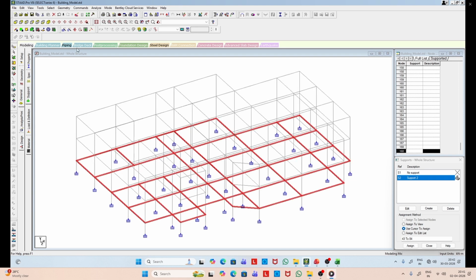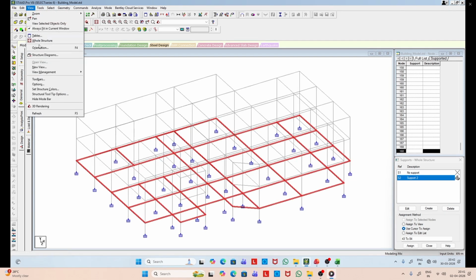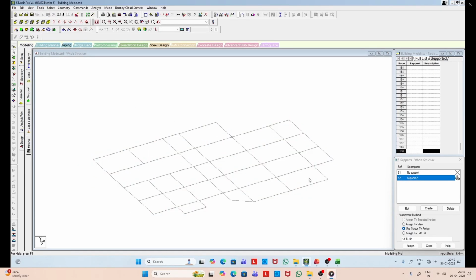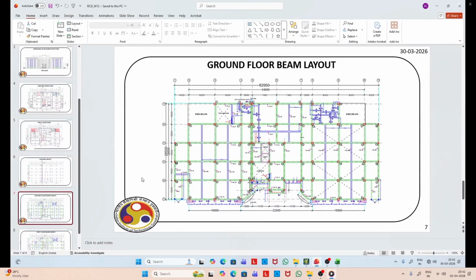Now let us select the layout at the ground floor. And here you can see this is the main beam, which is actually landing over another beam.